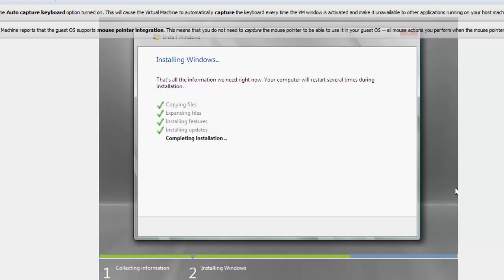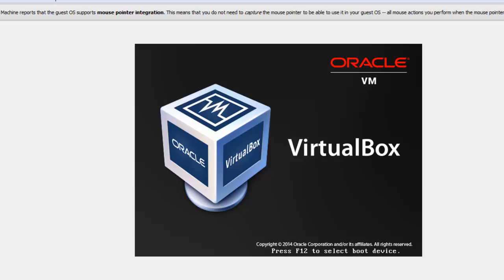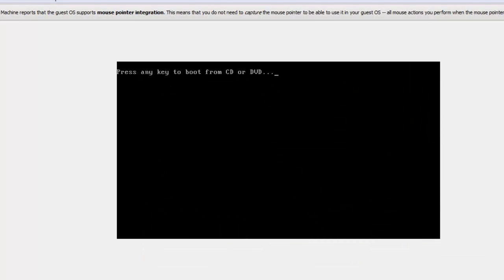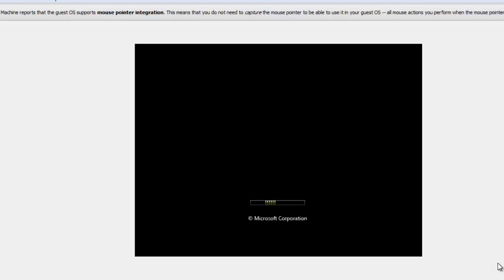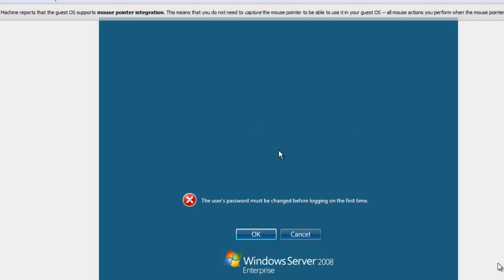During our video, our operating system will restart a few times. Okay, great. So now our Windows Server 2008 installation process has been completed, and now we're basically going to input